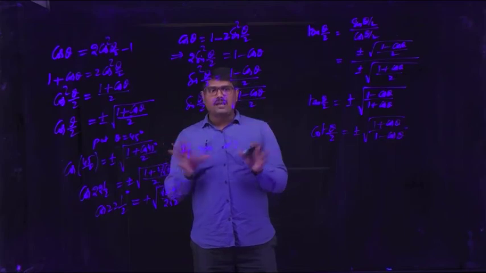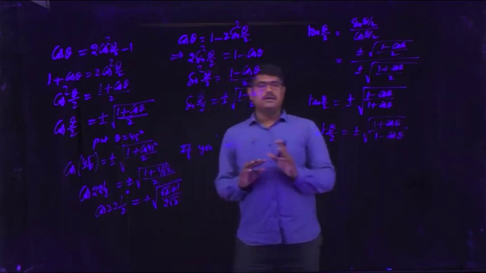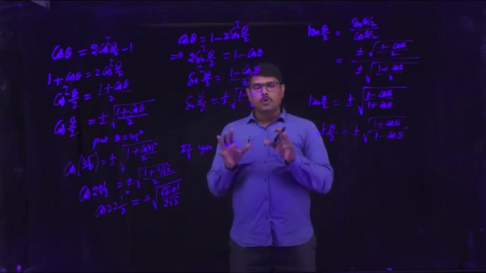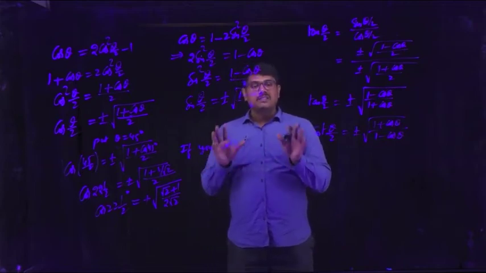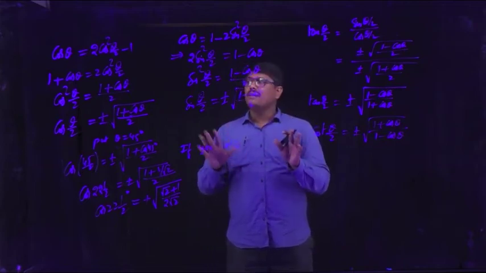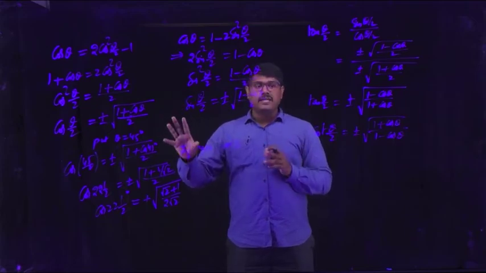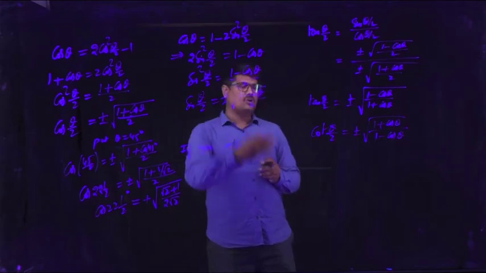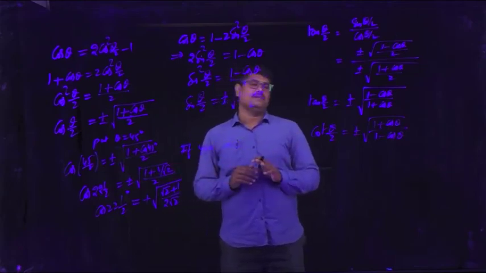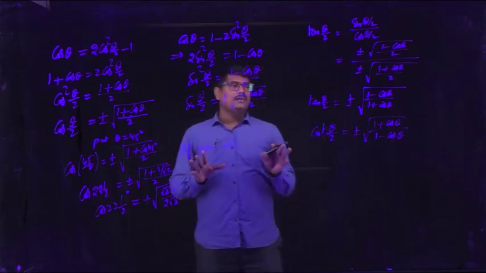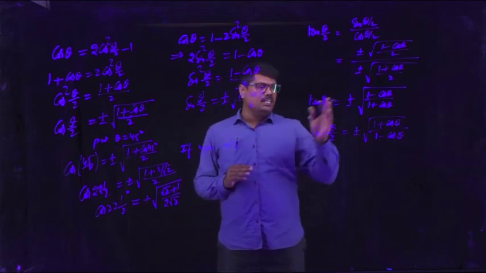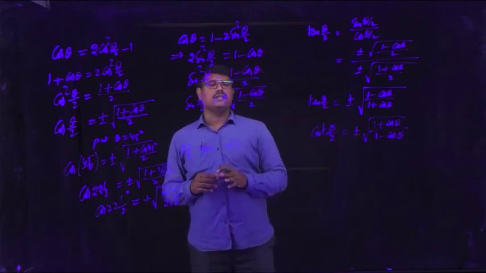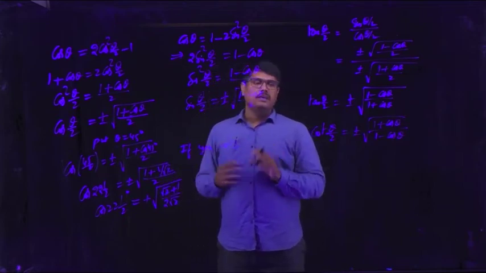So the overall concept of these formulas is, if you know the value of cos theta, then you can find the ratios related to theta by 2, whether it is sine, cos, tan or cot; you can find anything. By using theta by 2 formulas in terms of cos theta, we can find some trigonometric ratio values. This is a very important concept.